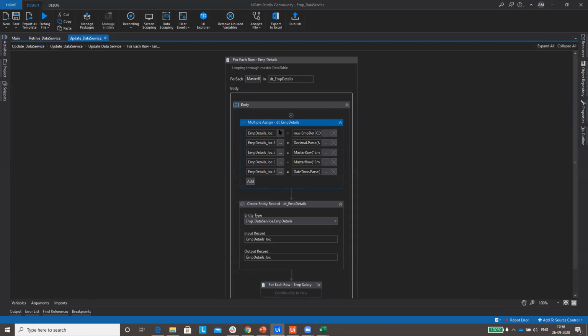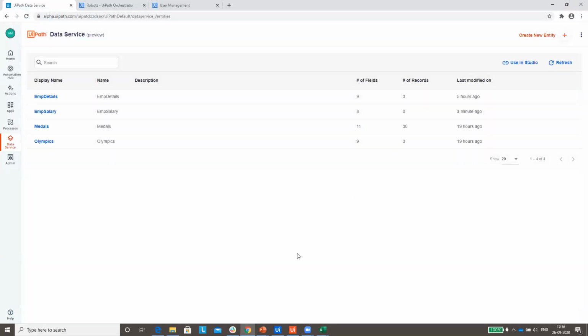Before doing all this, you have to learn about this manage entities option, which is disabled as of now. What you have to do is connect it once again, since I disconnected it and this was showing an error. Let me close UiPath Studio and log in once again.